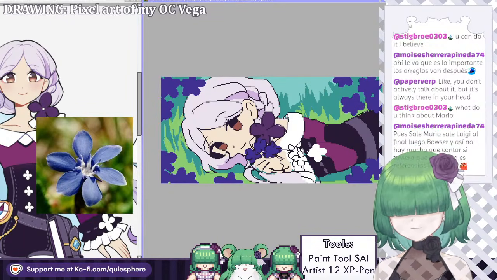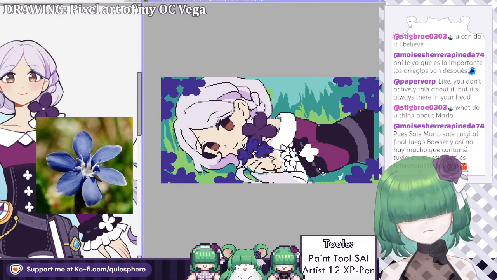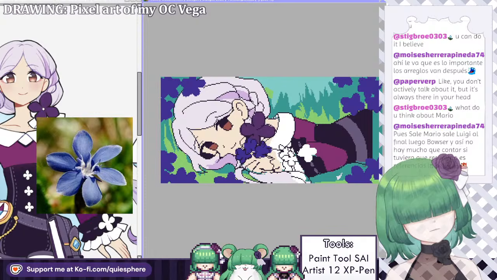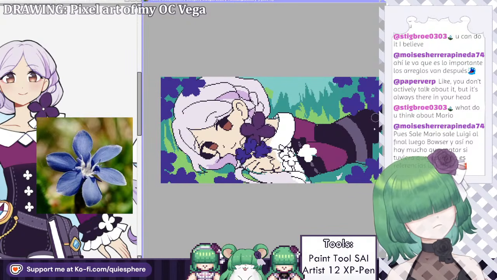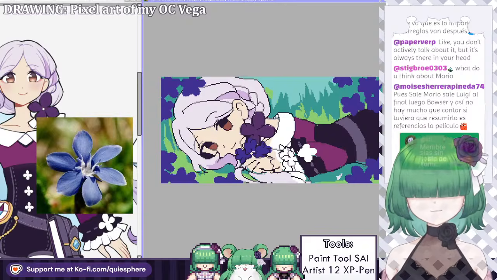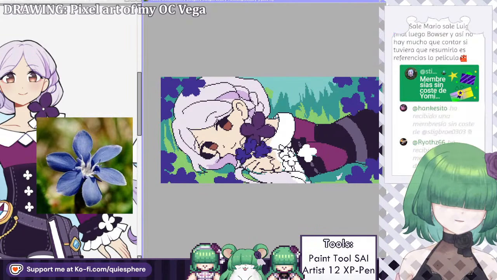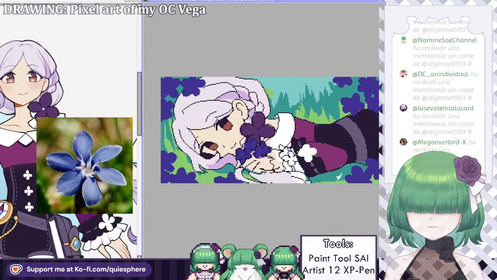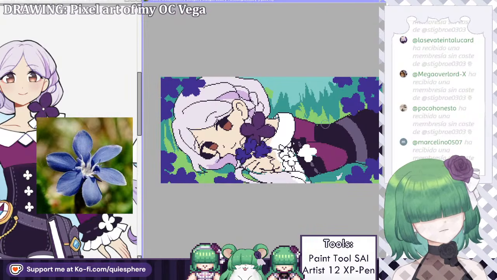I think she might have to be a little bit more over here. A little bit more centered, yeah. I think like this. Wait, I need to fix the sleeve.